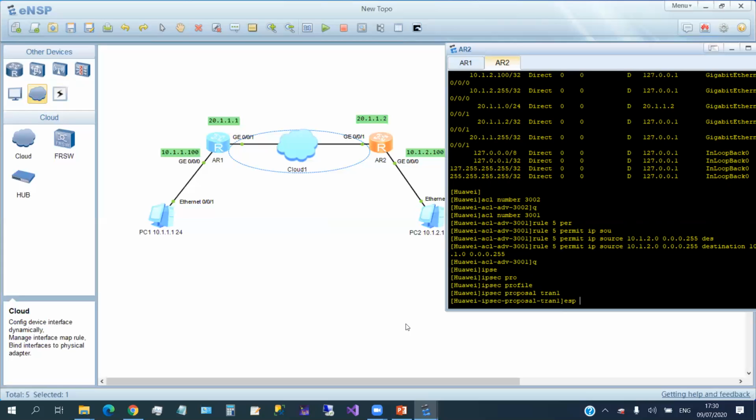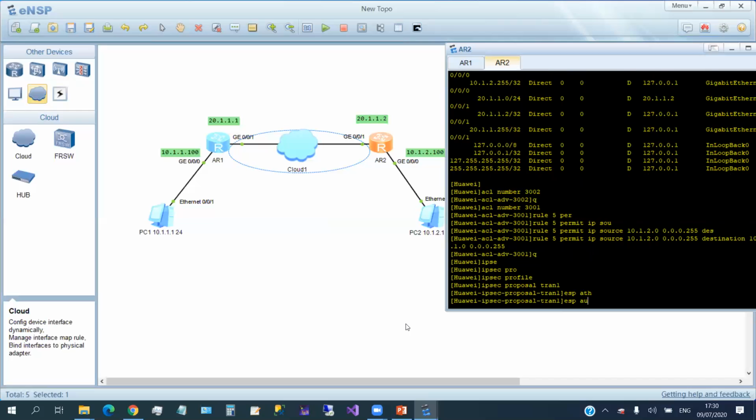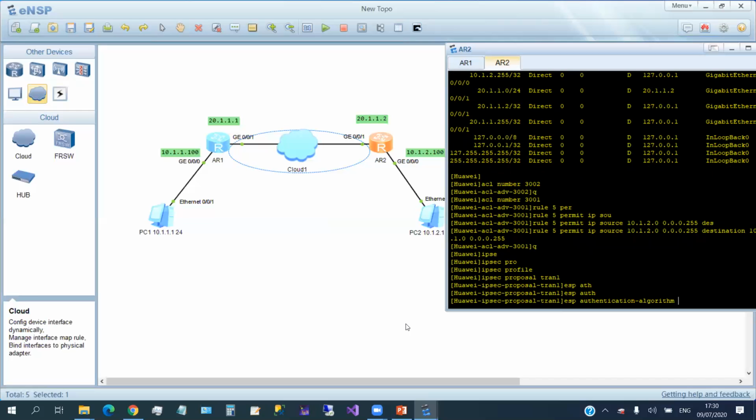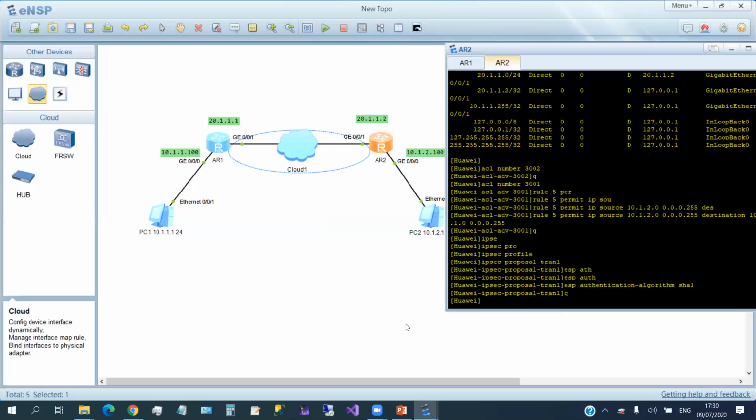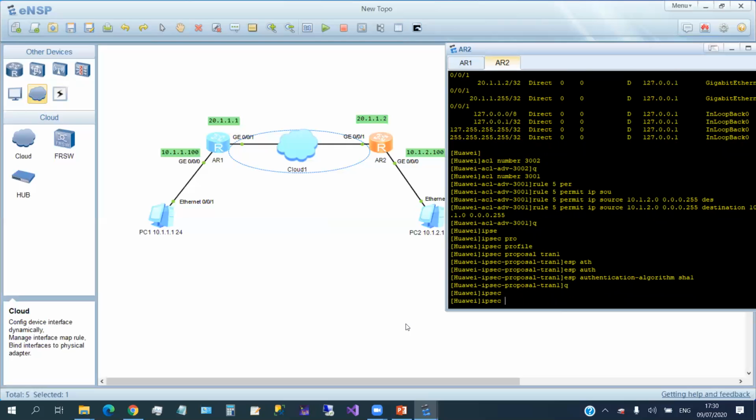If, let's say, we use a different protocol or maybe a different key or password, in this case, the connectivity will not be there. So that's why we have to follow the same thing. On the other side, we use ESP, authentication algorithm, and also we use SHA-1. So after we created the proposal, we have to quit. Then after we quit, we have to create the IPSec security policy